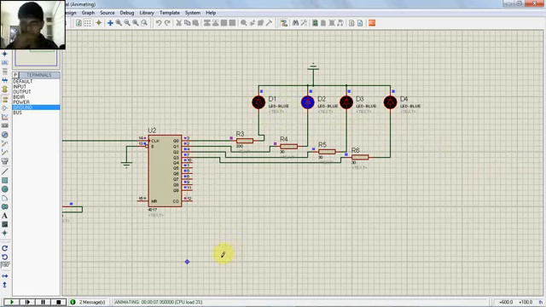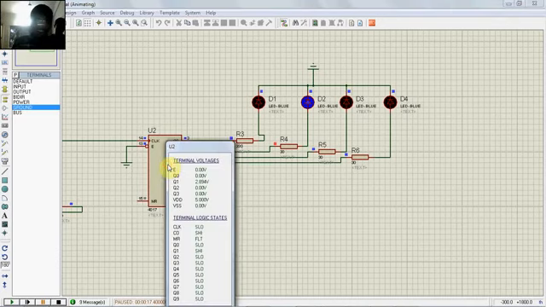Now I am pressing pause, and if I press here over the controller, you can see all the terminal voltages. The voltage across E is 0, Q0 is 0, Q1 is, and all those things are given, and clock, some high level things. Anyway, you can see the voltage whether it is high or low by looking at the green or blue or red color, and you can change it here.